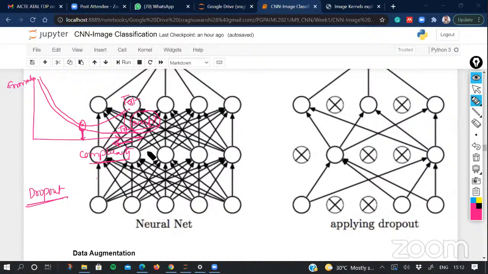So we can introduce a dropout layer in our network, which can basically drop a few connections, as you can see here. If I'm using a dropout with 50% probability, that means if there are 5 neurons in the previous layer, randomly I will switch off 50% of the neurons. That means the output of these neurons will not be forwarded to the next layer. So you see that if these 2 neurons get switched off here, we are not passing any output to any of the next units. Similarly, for the next layer also, if we are making a 50% switch off, these 3 neurons will get switched off. We are not passing the output to the next. And similarly, you can look at the next layer also.